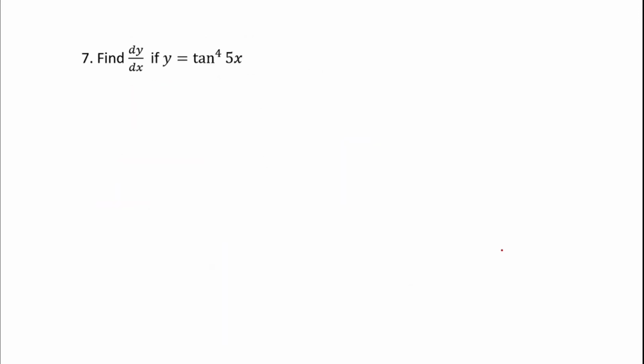And we are now in the last part. We have number 7. In number 7, still we are going to find what our y is. Our y here is u raised to 4. Our u, by the chain rule, is tangent v. Our v is equal to 5x. So therefore, we have